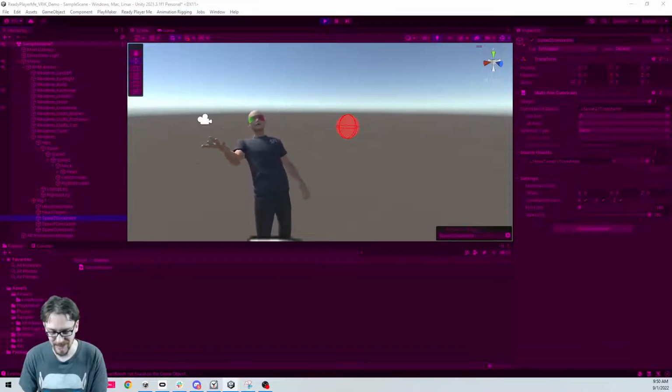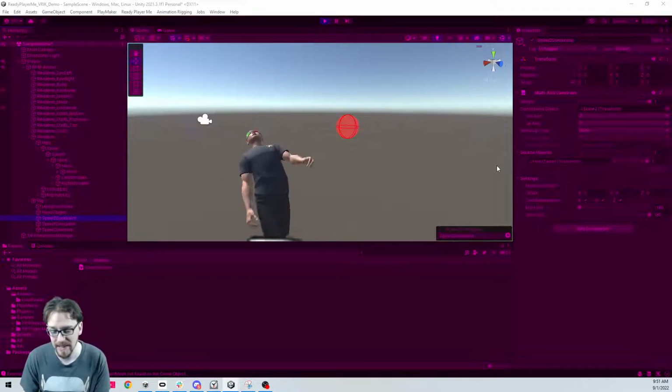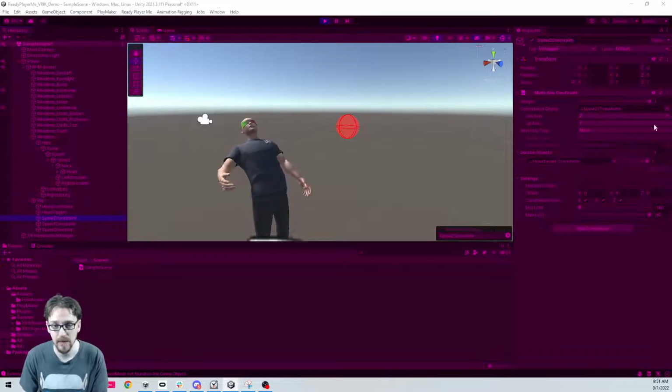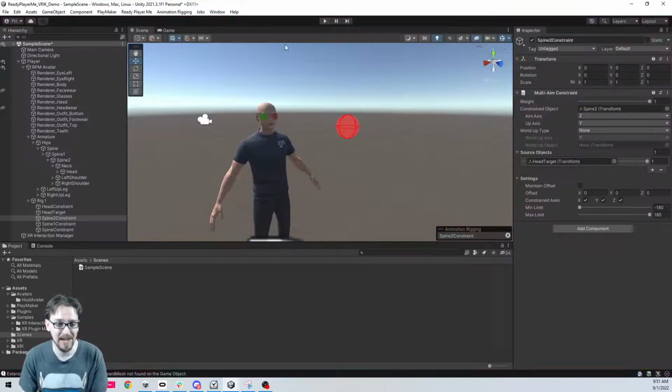Yeah, I did multi-rotation, so we're not going to use the head target. But while we're doing this, I just want to show you because it'll be really obvious. Here I'm looking at spine 2, and you can adjust the weight of how much the source object is impacting the constraint. So I can take this weight, I can move it down, and you can see it straightens. All right, but we don't want the spine pointing to this guy. So we're going to remove all those.